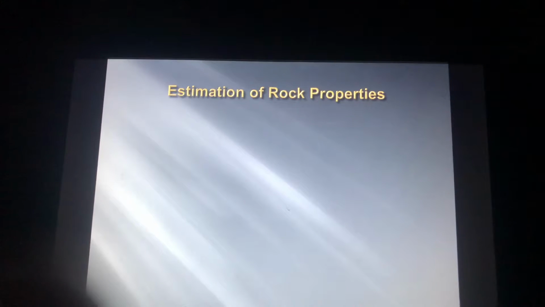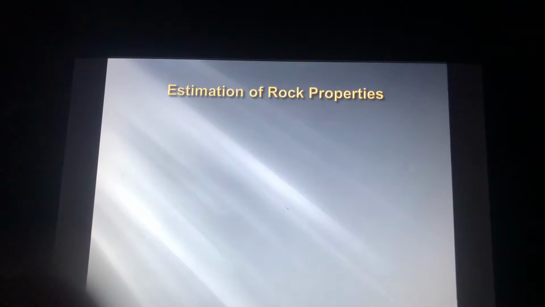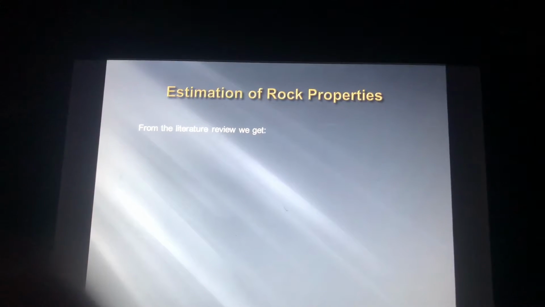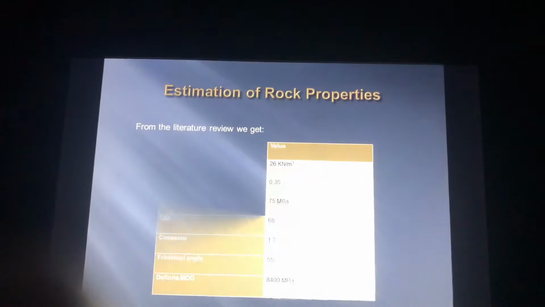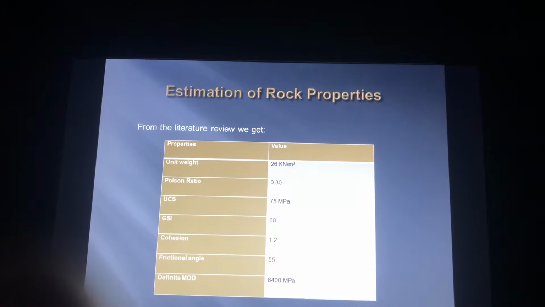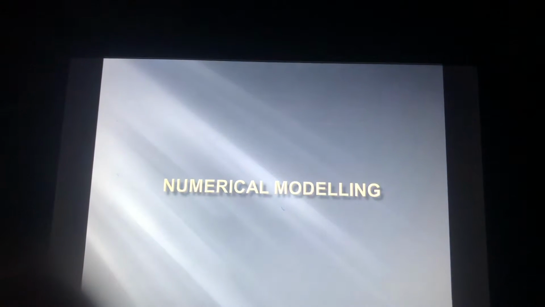From the rock samples and the literature review, we will get the different properties of the rocks, unit weight, and